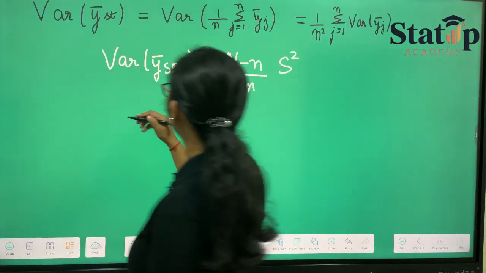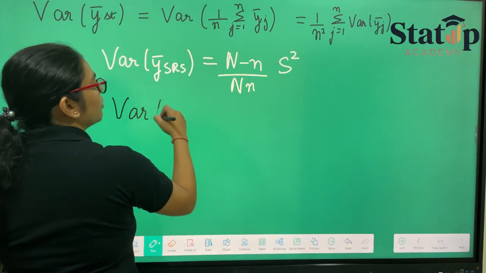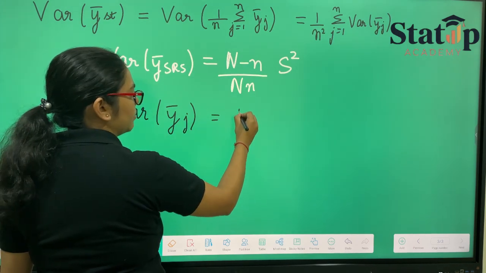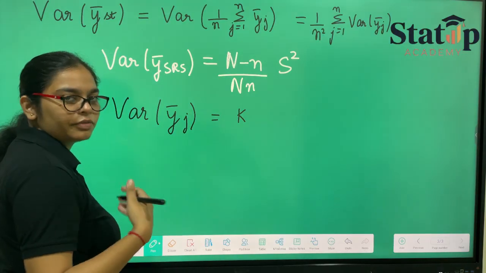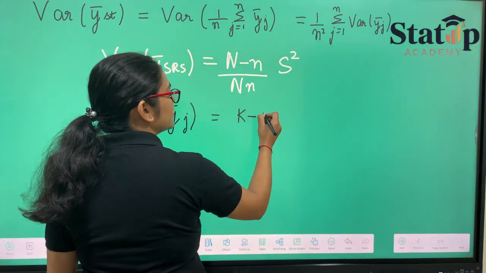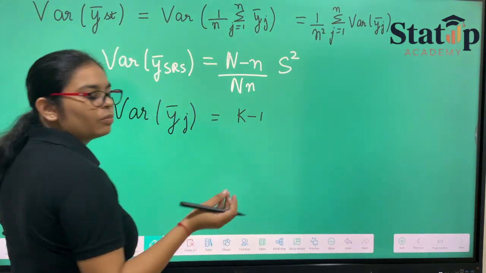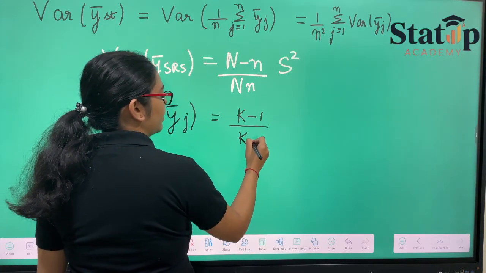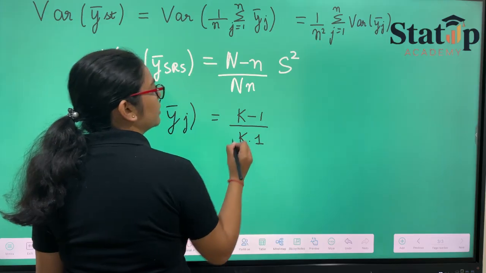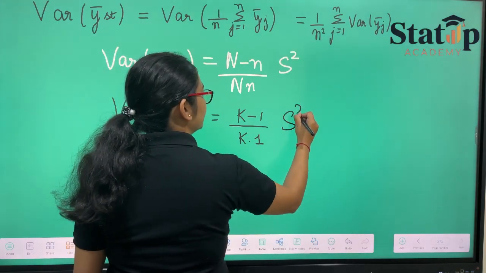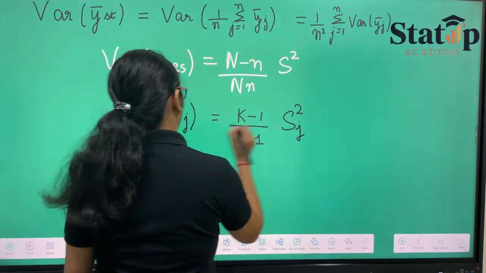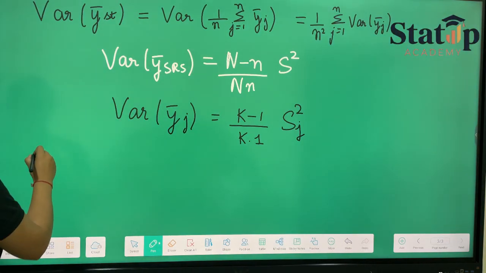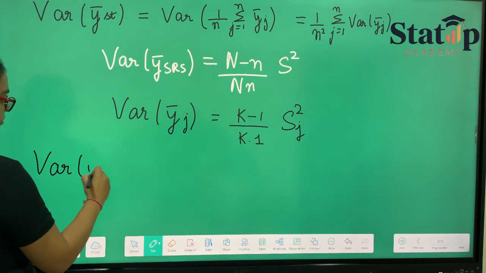if we talk about variance of y bar j, here population size is nothing but capital K, the size of each stratum, is capital K, minus the size of each sample, which is 1. We take one sampling unit from each stratum, so it is 1. And similarly we multiply by K and 1 in the denominator and s square, because we are talking about j, so it is s square j. Putting this value in the above equation,